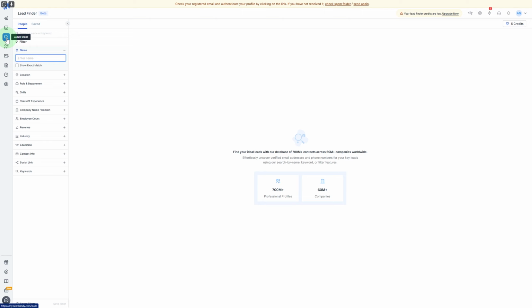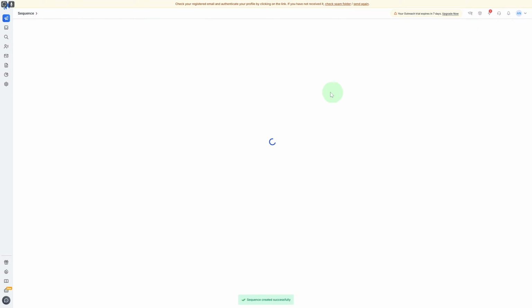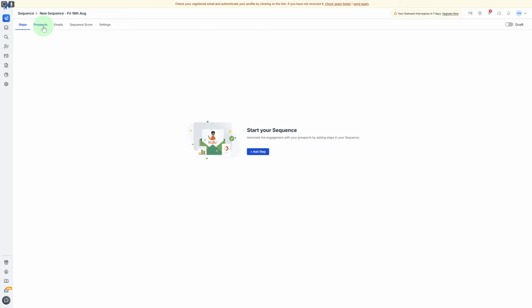On the left side you can see your lead finder, you have your unified inbox, and you have your sequences, so you can create different sequences for different businesses. And to create a sequence, you can click on this create sequence option. It will be asking you a couple of questions and fields that you need to fill up in order to